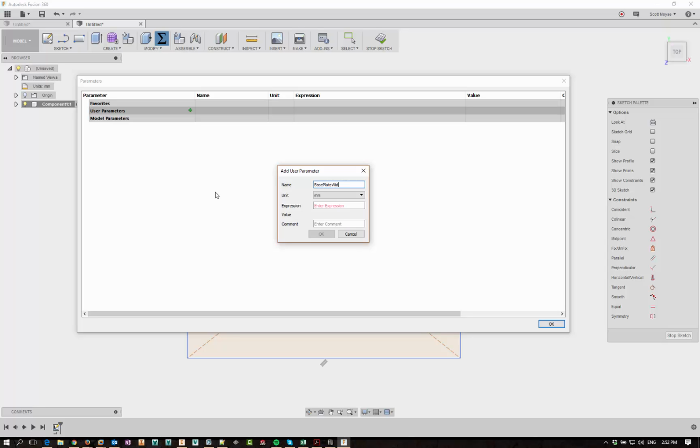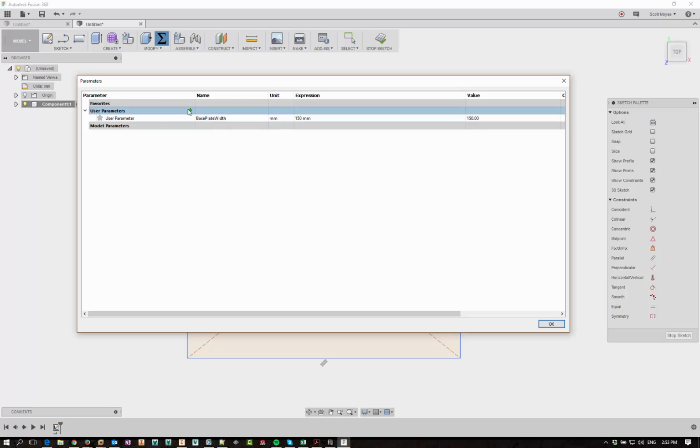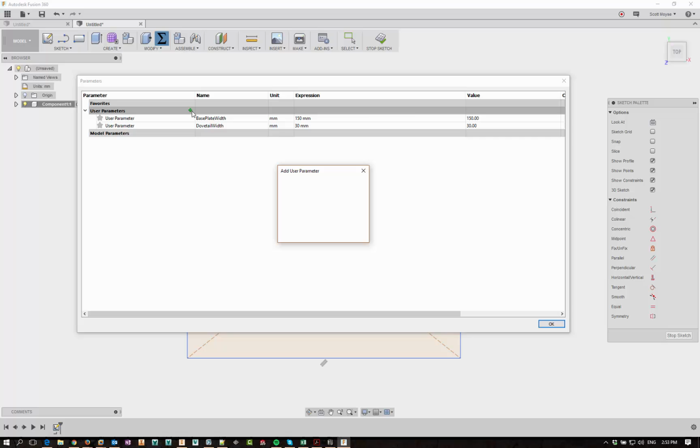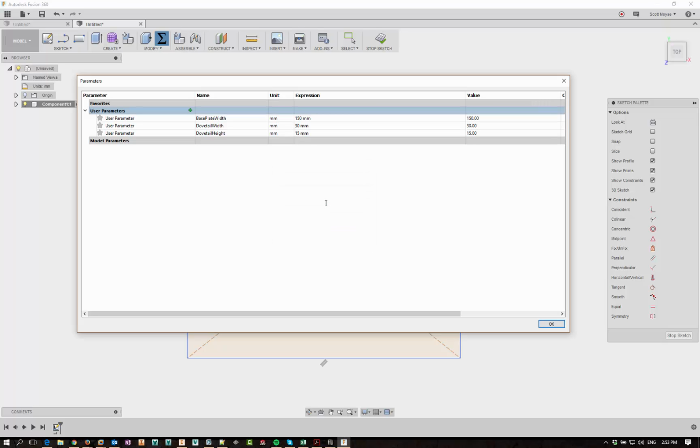base plate width, and we'll go with 150, and dovetail width, go with 30, dovetail height 15, dovetail angle, and you have to remember to change the unit here. You can't change it afterwards, which is kind of annoying, but degrees, and we'll go with 15,